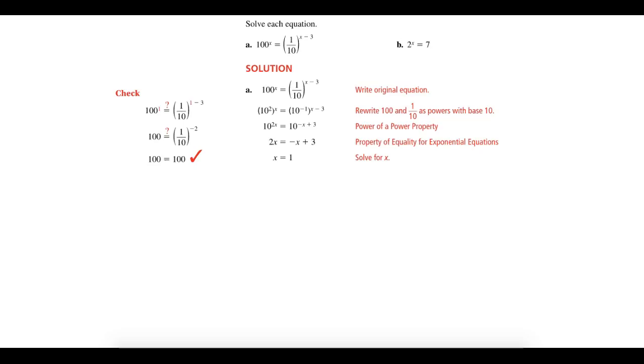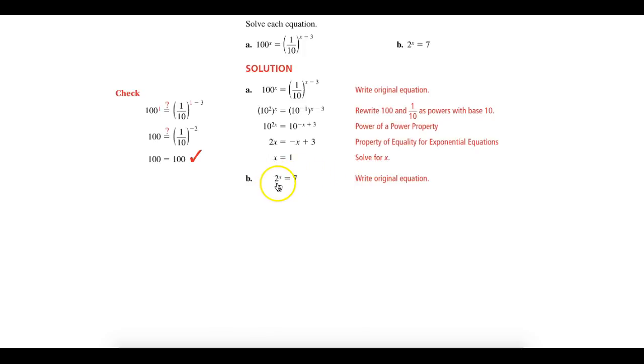So let's go back and look at our problem here. We have 2 to the x equals 7. Now, it's not quite as clear. We don't have a log in this equation yet. We don't have exponents on both sides. For example, 7 is not a power of 2, so we can't rewrite this and set the exponents equal to each other. But one thing that we can do is take the log of both sides,